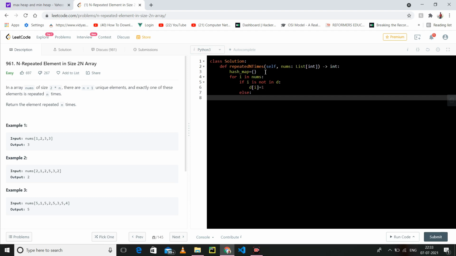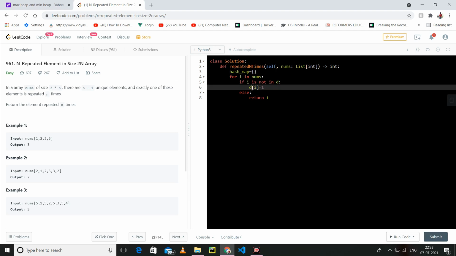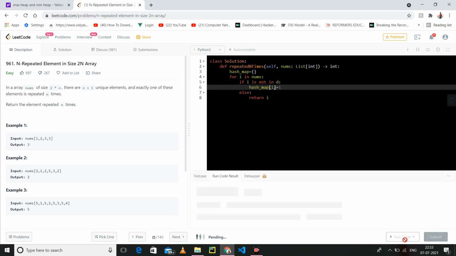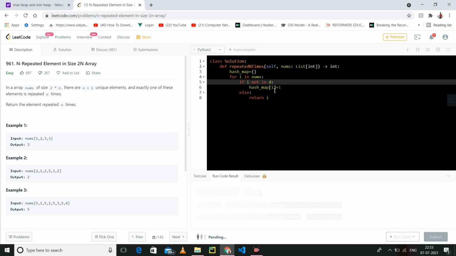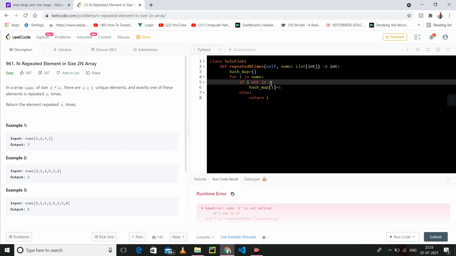If it is present, meaning we have already encountered that element and now we are encountering it again, that is the element which is repeated, so just return it. It's not D, it's a hash map.